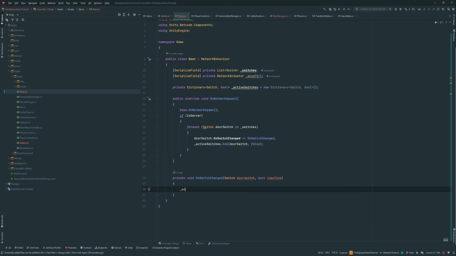We're just going to say that active switch dot door switch is equal to is active. That's basically it, really. And then what we want to do is we don't want to do switches dot for each again. So for each door switch switch here,